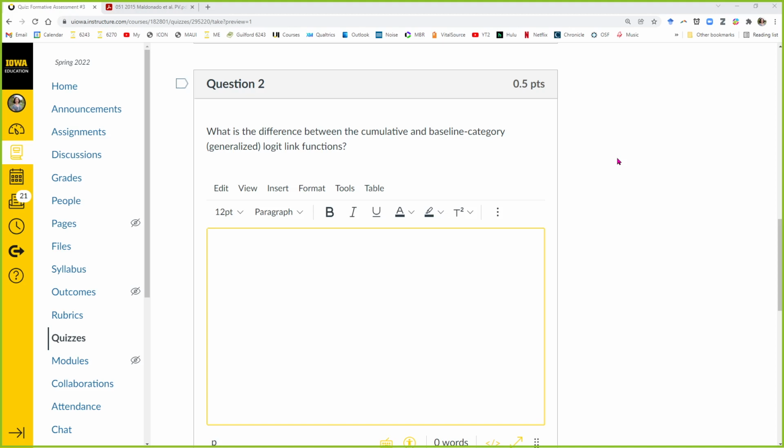And as a couple of you noted, in that type of cumulative lumped link function, if the model is predicting the lower of the possibilities, then the parameter that goes with that is a threshold. If the model is predicting the upper of the possibilities, then it's an intercept. So if cumulative is lumped, then what is individual? What happens with baseline category or generalized logit?